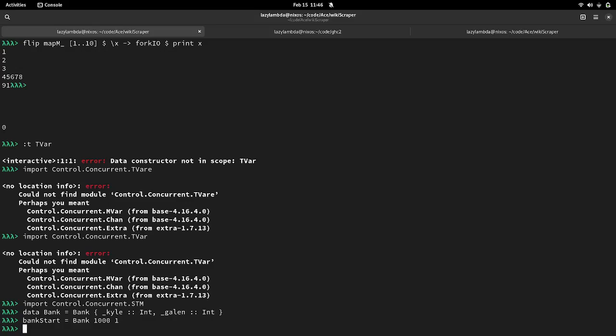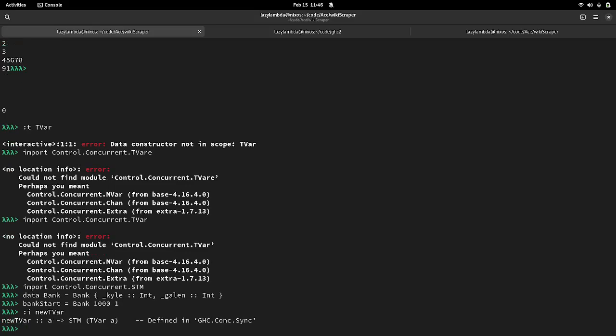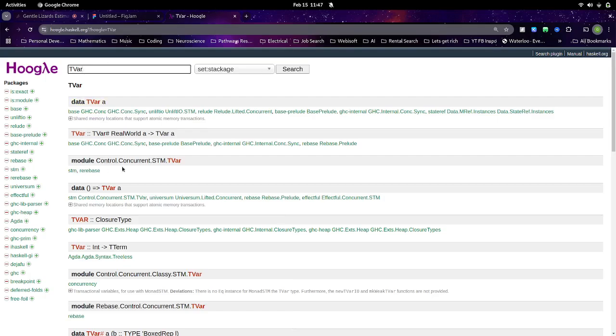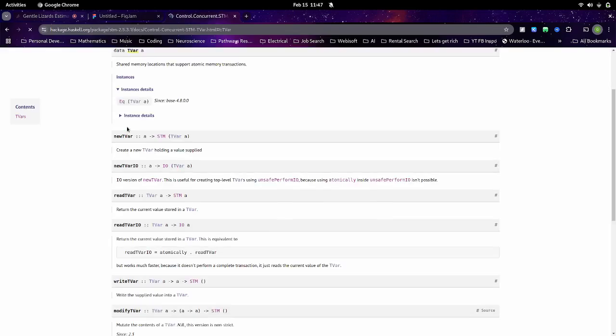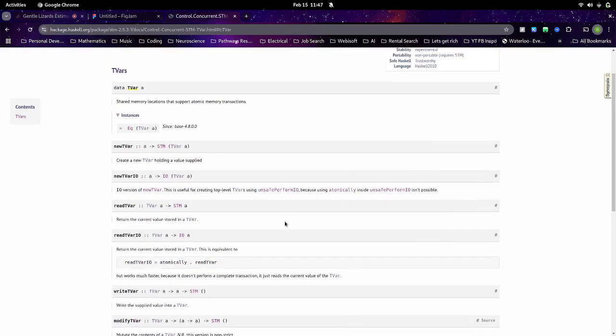to make a TVar is very simple. All we have to do is use this function, I think it's newTVar. You know what? I should open up the module.